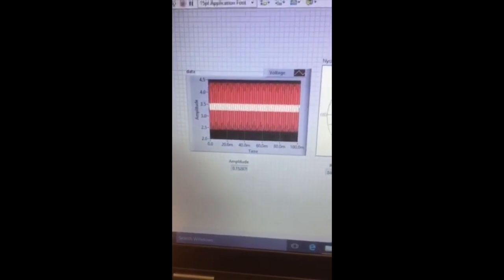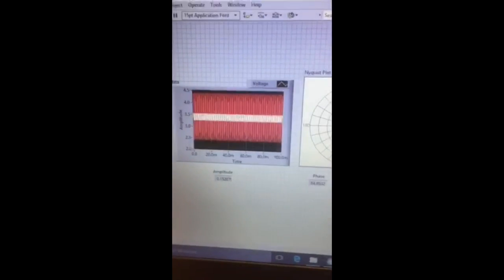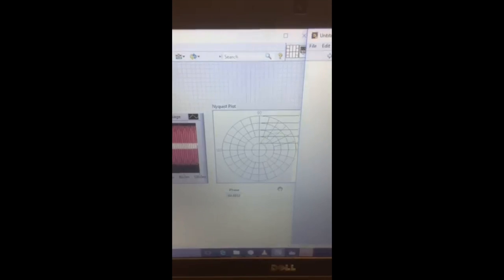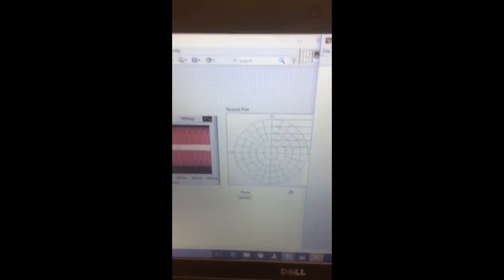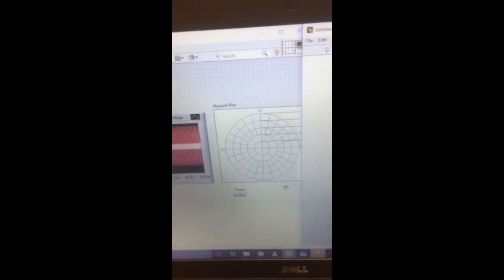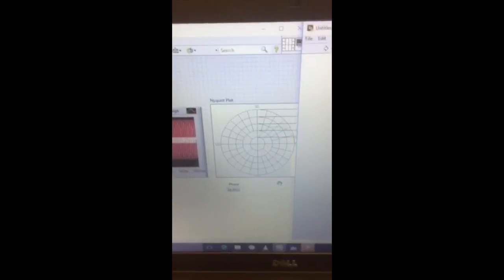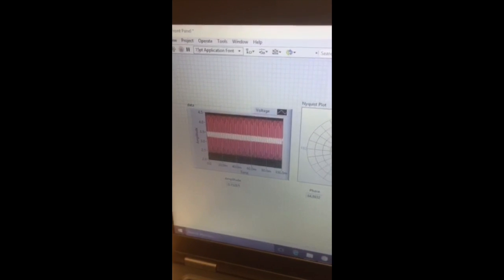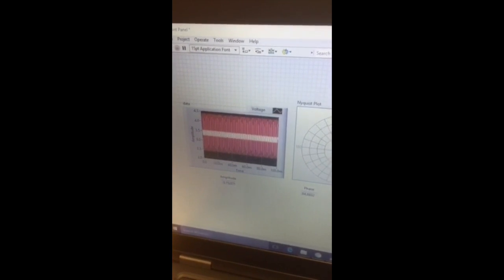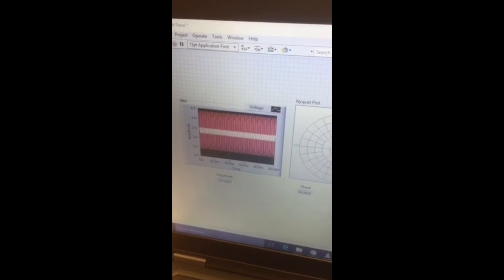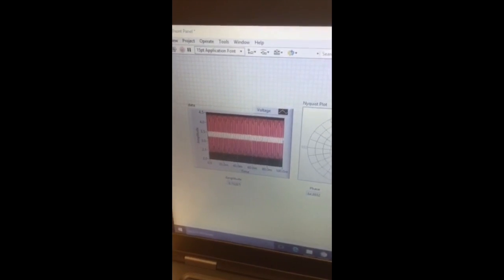The amplitude was 0.15, but that's because it can't measure 0 with the DAC assistant. Okay, so once we let it finish, the phase was at 90 degrees, which is what we wanted to get, and the amplitude difference was 0.1. The amplitude should have been 0, but the DAC assistant can't do 0, so